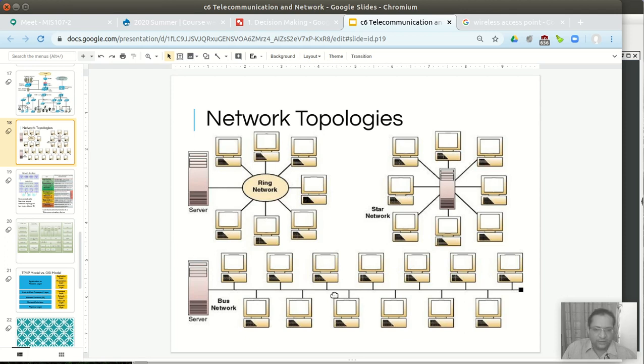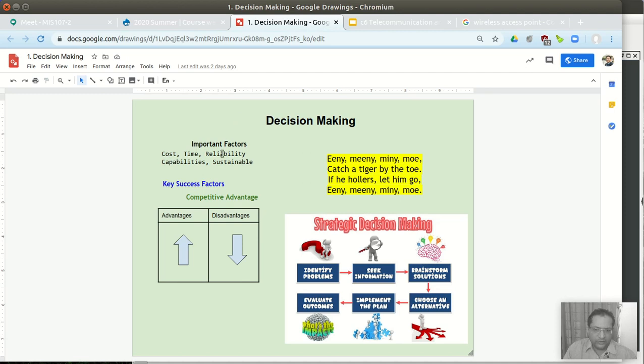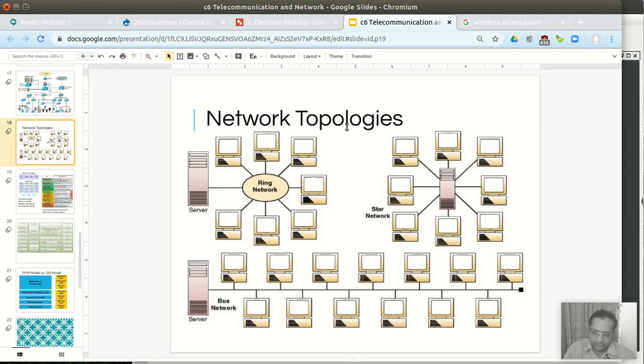But consider this, what is the last one we should consider? Another consideration is reliability. Which one is reliable? So in a star network, if the star goes down, that is the worst case scenario, and the network goes down, right? If just one central one goes down, then the network goes down, and that is a challenge.